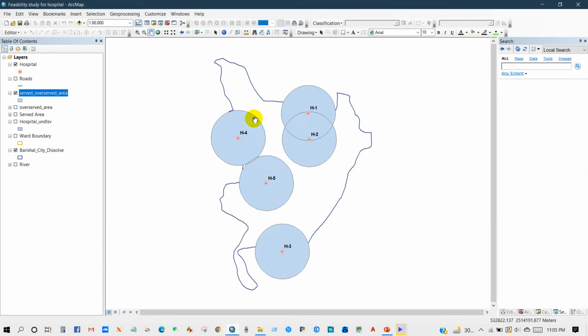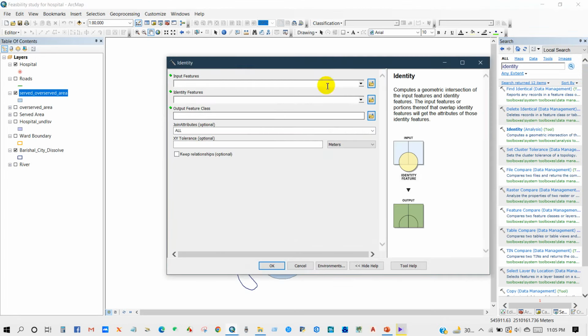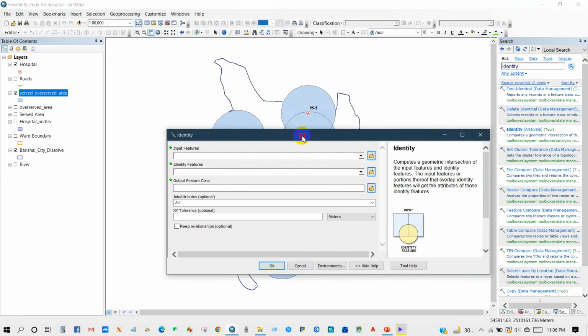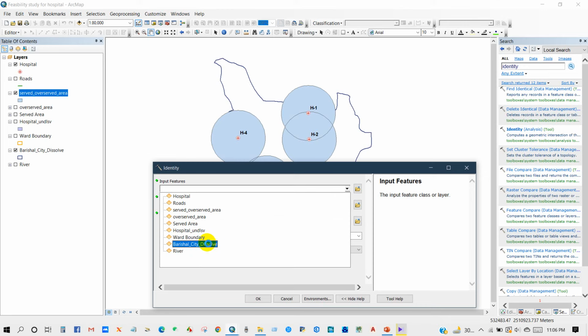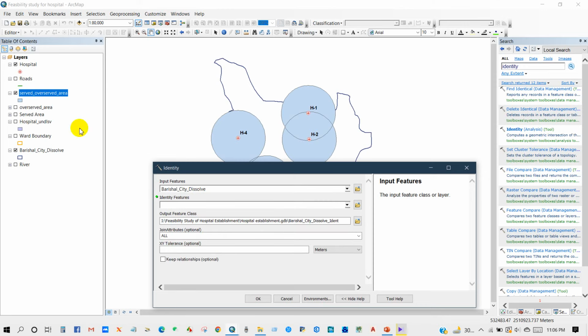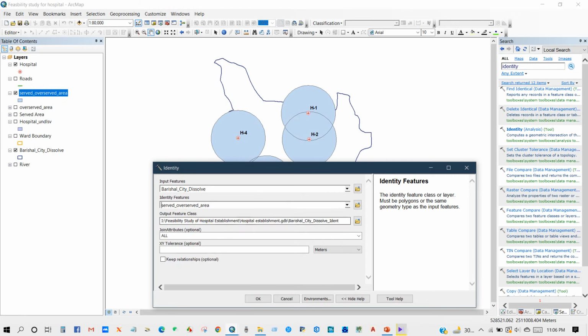And then go to identity tools, identity. Now we will calculate and show served, underserved, and overserved area in one attribute table, and we'll calculate in Excel. So input feature will be city area, I mean city shapefile. And then identity features will be served and overserved area. And output feature class,